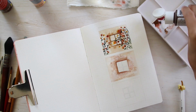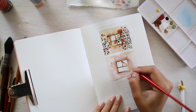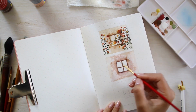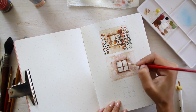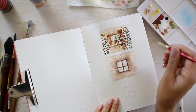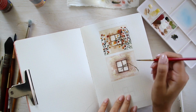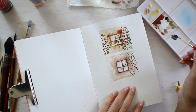So the window with some flowers, and I'm not gonna lie, I actually laid down a lot of water and a lot of paint. So we want to keep that in mind because this isn't like, you know, super thick watercolor paper that is meant for strictly painting in it. It's also meant for other mixed mediums. So the first section I did strictly watercolor. In the second section I did only acrylic paint, and then in the third one I used my new gouache